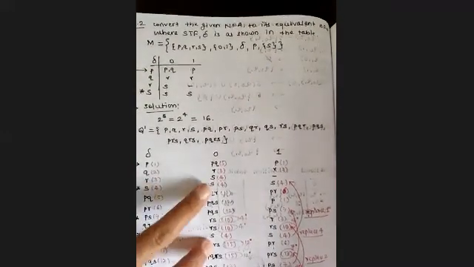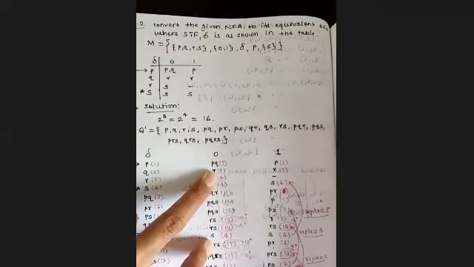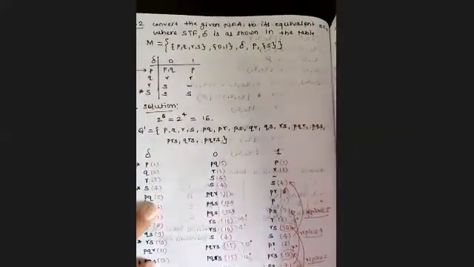Okay, so for 1 the transitions are 1 and 5, 1 and 5. For 2 it is 3 and 3. For 3 it is 4 and dash. For 4 it is 4 and 4. For 5 it is 11 and 6. For 6 it is 12 and 1. 7 it is 12.